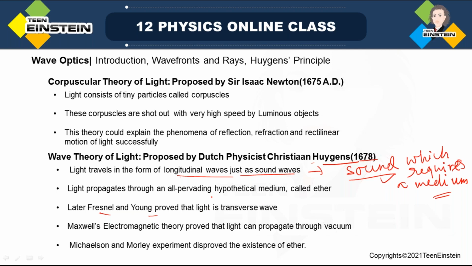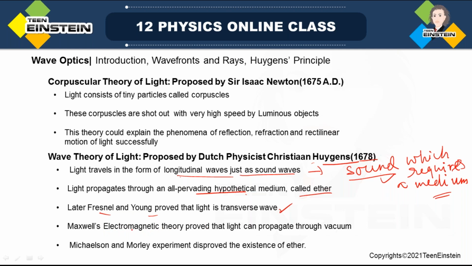But at that time another problem was that, like Huygens, they thought that light may be traveling through an all-pervading hypothetical medium called ether. However, slowly wave theory was getting some importance, and later on in the 19th century, when